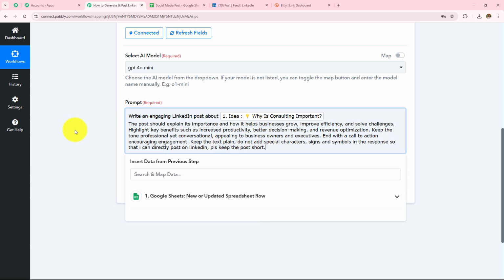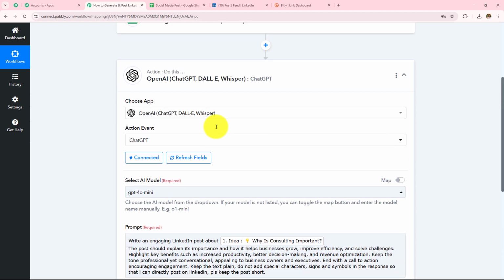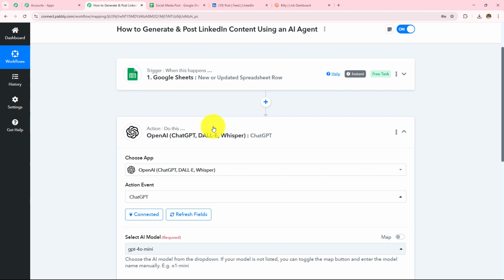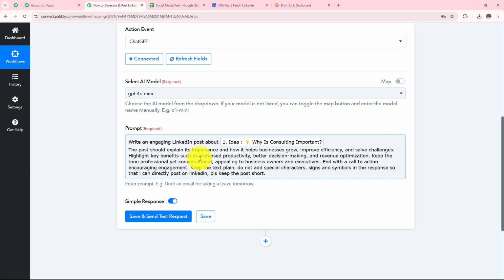So here this is the prompt which I have added. Now over here, mapping is important so that every time you receive a new response, it is taken into consideration in this field. Manually entering the data will make this field static, and every time I receive a new response, the result will not change. So as to keep this field dynamic, we use this process mapping instead of manually entering the details. I hope you have understood why we are mapping this instead of manually entering the details.